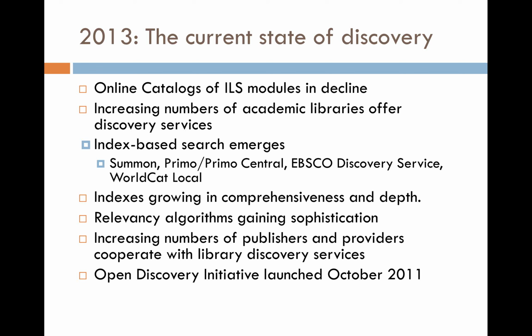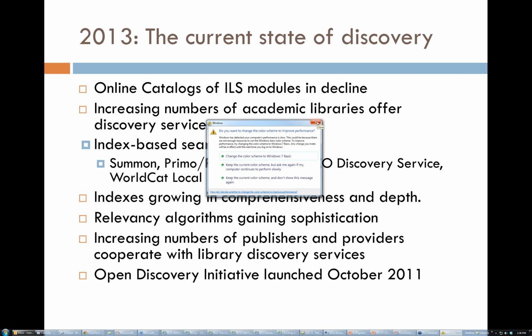The indexes are becoming more comprehensive, the relevancy is getting better all the time, and there's better cooperation between the publishers and providers of content and those who are creating these discovery services. So even though we're not there yet, I see a lot of improvement. I would also mention the NISO Open Discovery Initiative. I'm a co-chair of this group. We've been working since about 2011 to improve this ecosystem among libraries, discovery service providers, and content